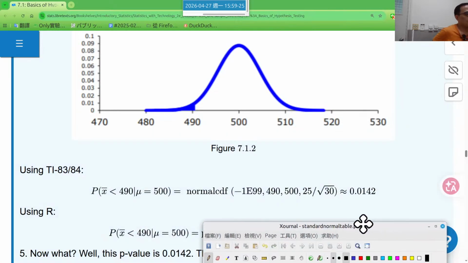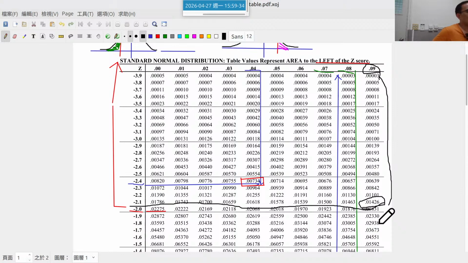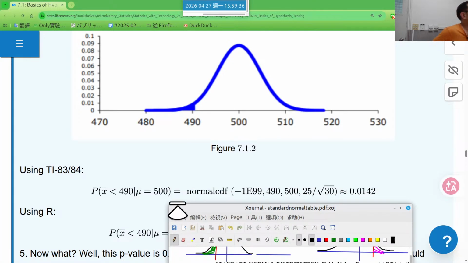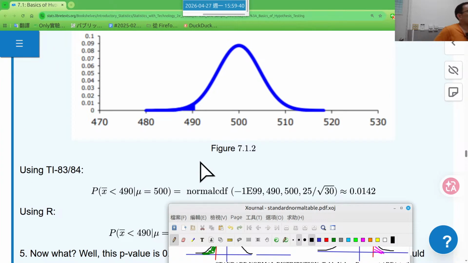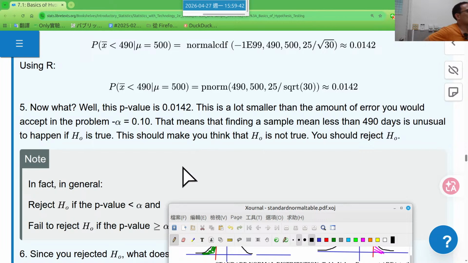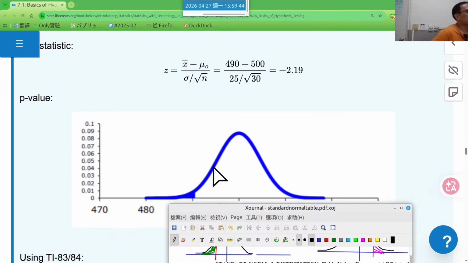0.1426. Okay, here just very close, 0.0142. Okay, again. After we calculate the z-score, you may ask why the formula is different. In the denominator, another denominator is here, square root of n. But in chapter 6,